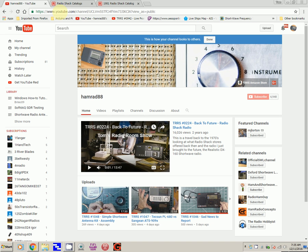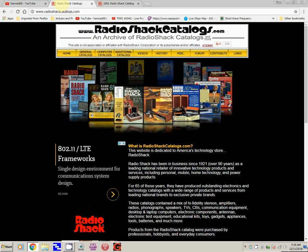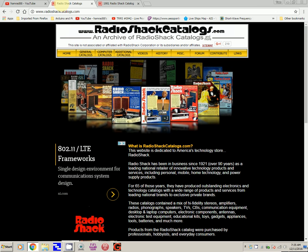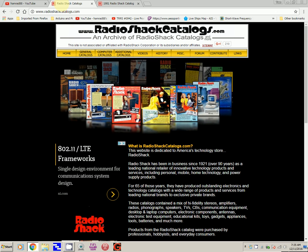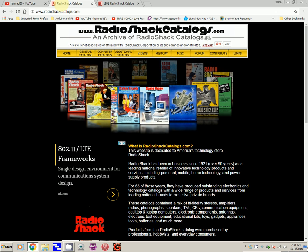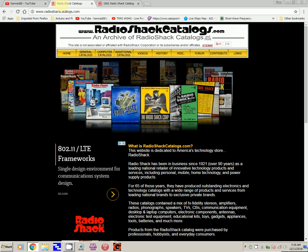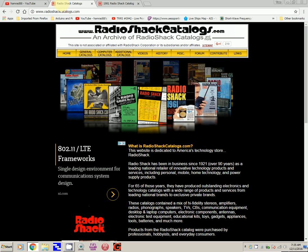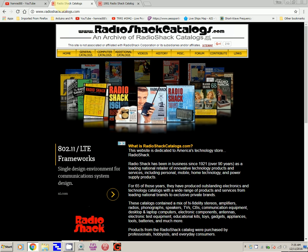Here we go. Now, I was looking for just some information about this radio. Specifically, one thing I was looking for is when it was sold. So I went to this website, RadioShackCatalogs.com, all lowercase, all one word. And they have most, if not all now, the catalogs from Radio Shack that they've scanned in, and they've done a fantastic job of scanning them in. And you can look through those catalogs. And so it took me a while to figure out what catalog